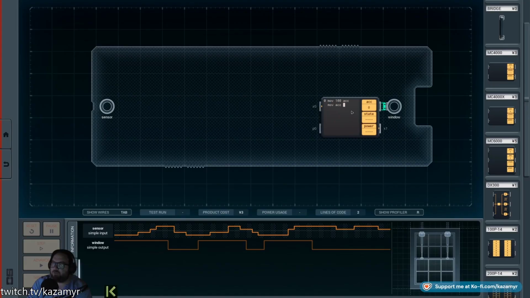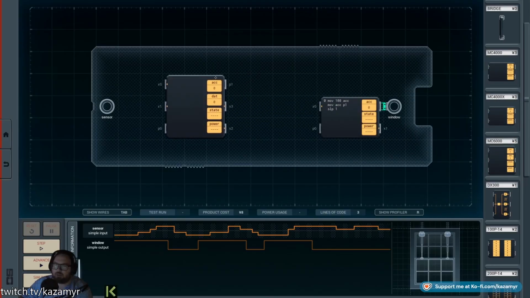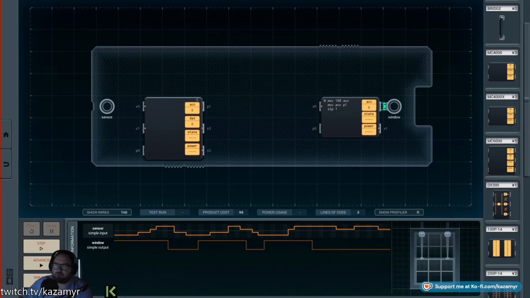And we're going to move the accumulator to window to, what is that, P1? I don't know why I called it window. We're going to sleep one. And for now, that's what we're going to do. That's how it's going to be. And so that'll just do its thing. But that needs to close. So we need to do a rolling average of 8. 8, which means we need